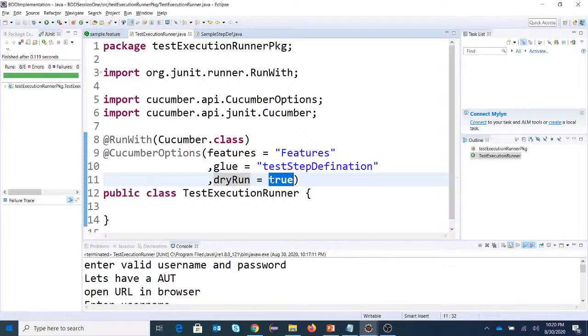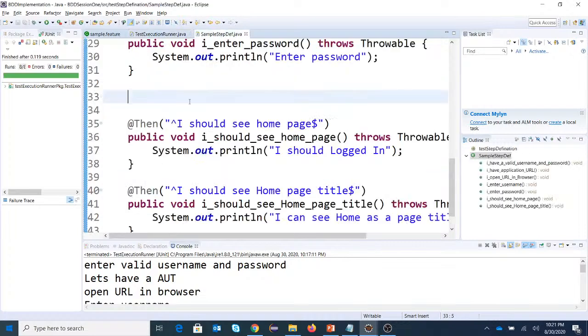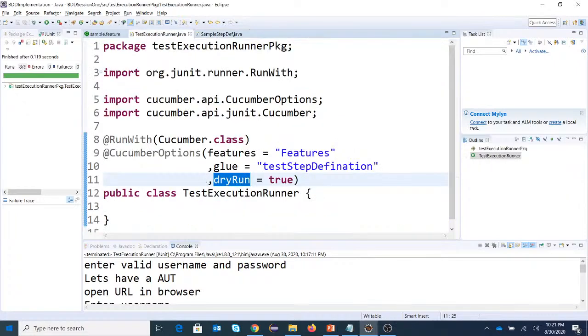If we don't want to use dry run, then do not use that feature or this setting, or this property in the Cucumber option. If you use it, it is used only for true. If you wanted to use it for false, it never makes any sense, because by default dry run is false here. Now I removed one step from here,